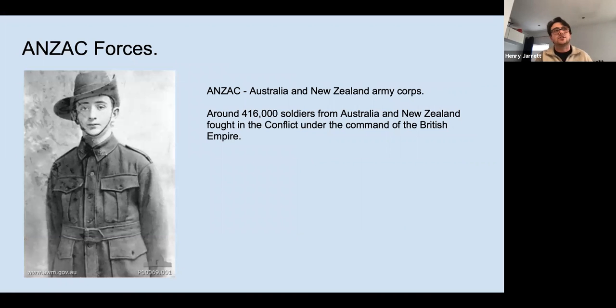Anzac is a phrase that's used quite often, but no one seems to really know what it means. It stands for Australia and New Zealand Army Corps. Around 416,000 from Australia and New Zealand fought in the conflict under the command of the British Empire. Now, this is not something that's been particularly looked at within Key Stage 3 curriculums, but when you consider the role that they played, you feel like they should get a fair amount of representation